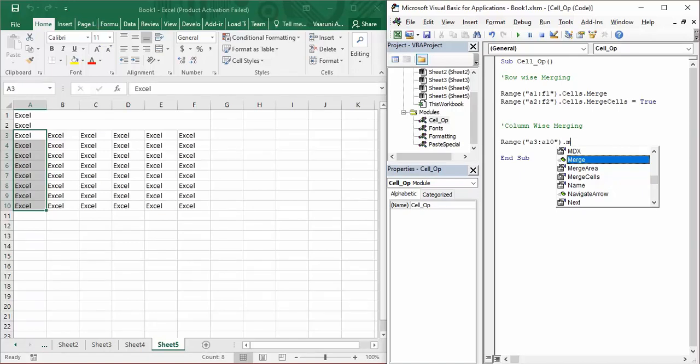Now it doesn't matter if you are using column wise merging or row wise merging, you can use both of them in any method that you want. But what I'm going to do is just put this dot merge, and if you just execute it, this time I'm going to use the step into function. So F8, and as soon as this line is executed, if I press F8,